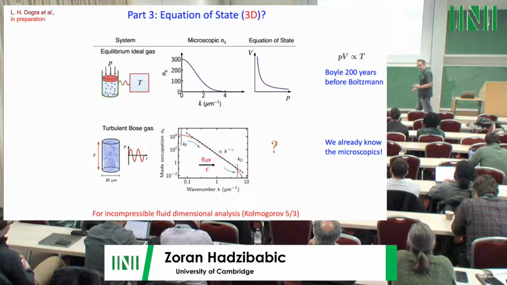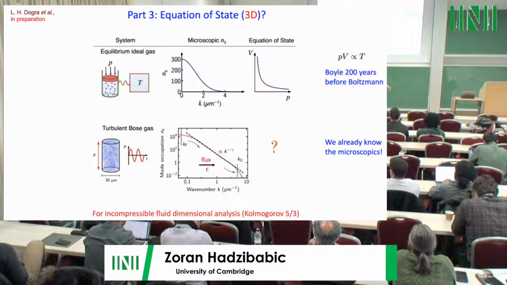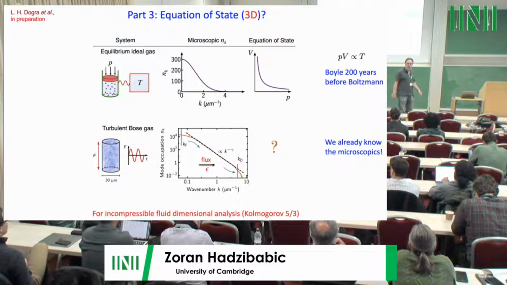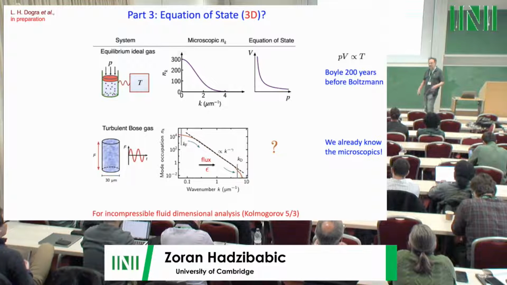Okay? This is the 5/3 law, but I'm not here actually interested in the 5/3. I'm interested in the fact that the amplitude of the energy spectrum is known to be flux to 2/3. That also falls out from the dimensional analysis. Now, for wave turbulence, dimensional analysis is not enough. Okay, but on the other hand, some of us, who are fans of wave turbulence, would say, okay, you cannot do dimensional analysis, but you can actually do physics.